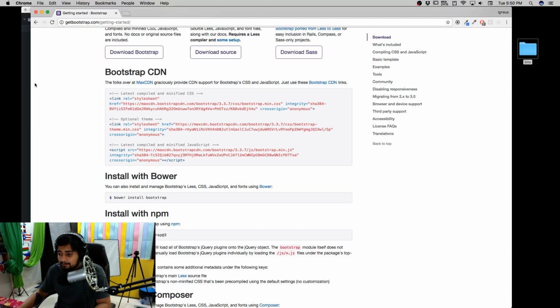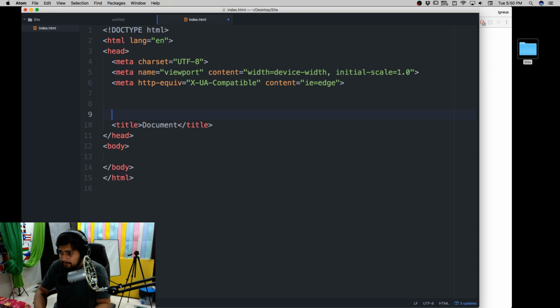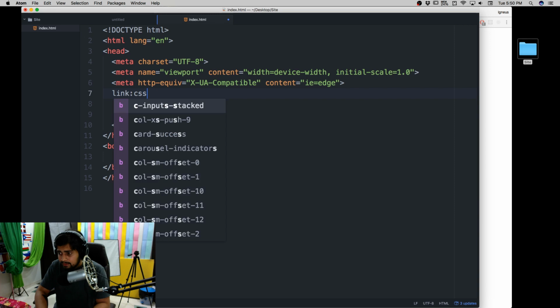I'll be pausing in between so that you can also follow along with me, okay? So the number one thing that we need is a minified CSS. Yes, we will be adding our own CSS as well, so make sure you do that, but I'll be needing this one as well. Now I can just copy paste this, or I can just use a simple style there. So let's copy this and add it in here. I'll simply say link colon CSS, and there we go. It adds up the things.